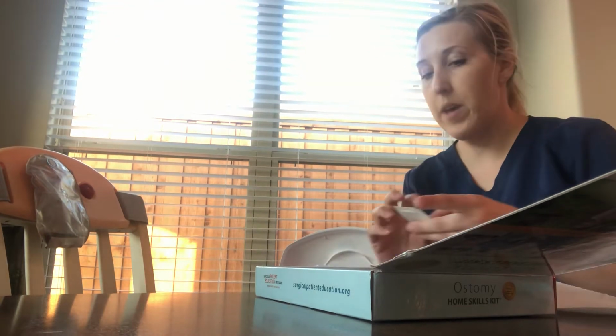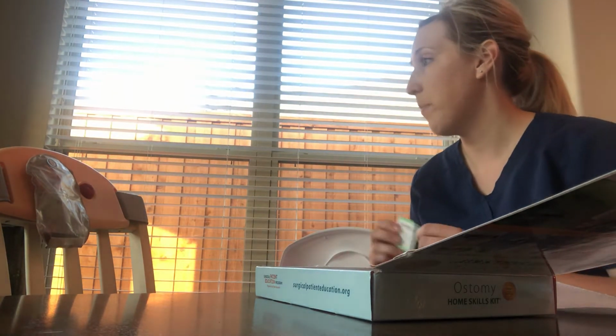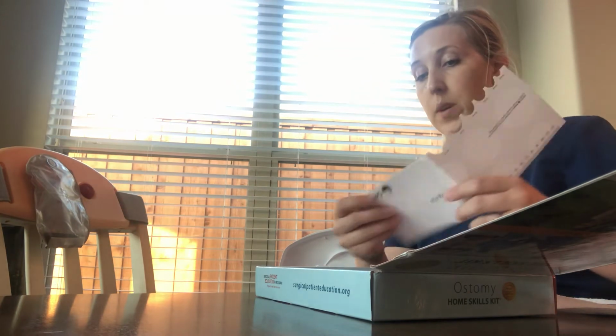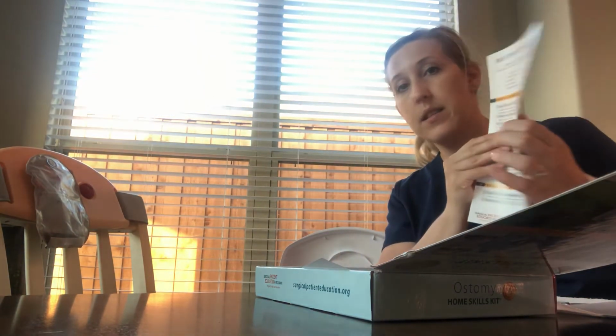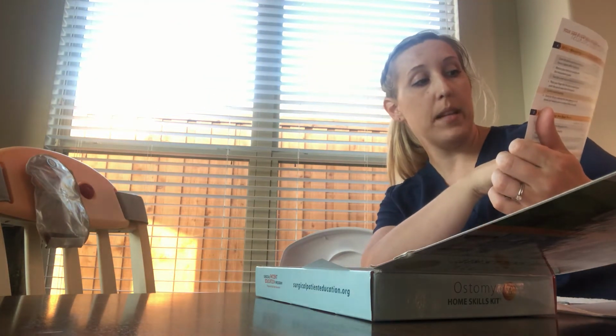so we want to protect that skin as much as possible. With that, we have a no-sting skin barrier film, which will also help provide a little bit of protection around that stoma skin. So you want to make sure you keep this so that you can always have it as a measuring guide. We have the practice model that you are able to practice with before you have to get started with measuring. We also have in here a very nice step-by-step guide that talks about when to empty the pouch,